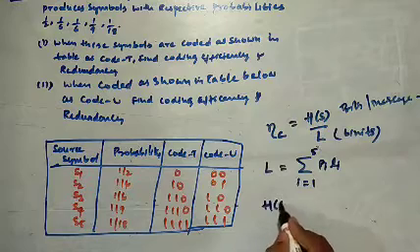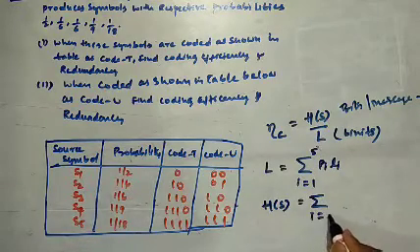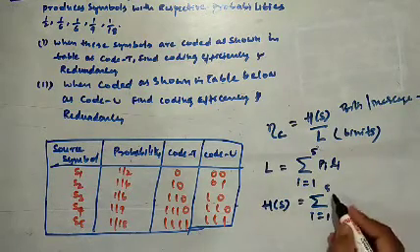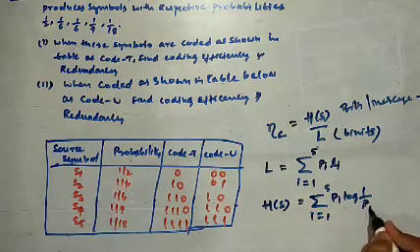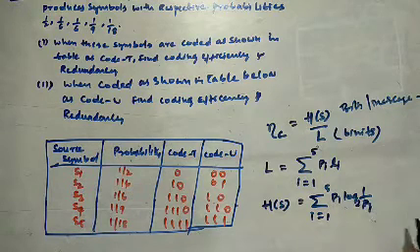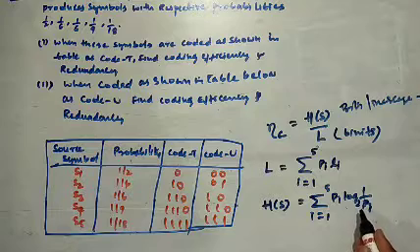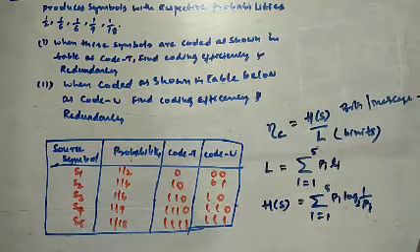And entropy, as we know, H of S is equal to summation of i is equal to 1 to, with respect to the given problem, 5, so I'll write Pi log 1 upon Pi. Throughout this subject, this logarithm is of base 2. We don't mention the base 2 by default; it is base 2. If other than base 2, we will specify whether it is base 10 or natural log.